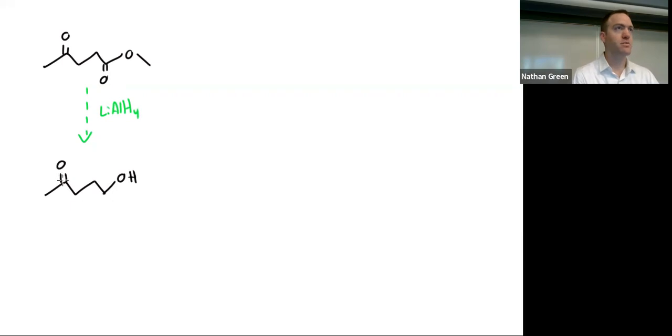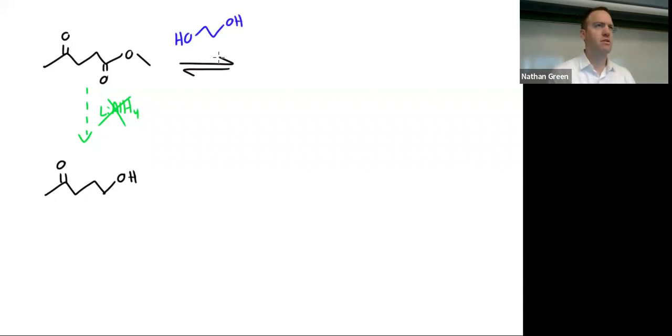I don't want to reduce the ketone, which means I need to mask the ketone. This can't be done directly. So instead, what I'm going to do is protect my ketone. I'm going to show you a really slick reagent for this, where the alcohols are built into one molecule. We've talked about this molecule before, I believe, called ethylene glycol, the one that you don't want your pets to drink. Ethylene glycol has both alcohols built into it, which means I can turn my carbonyl